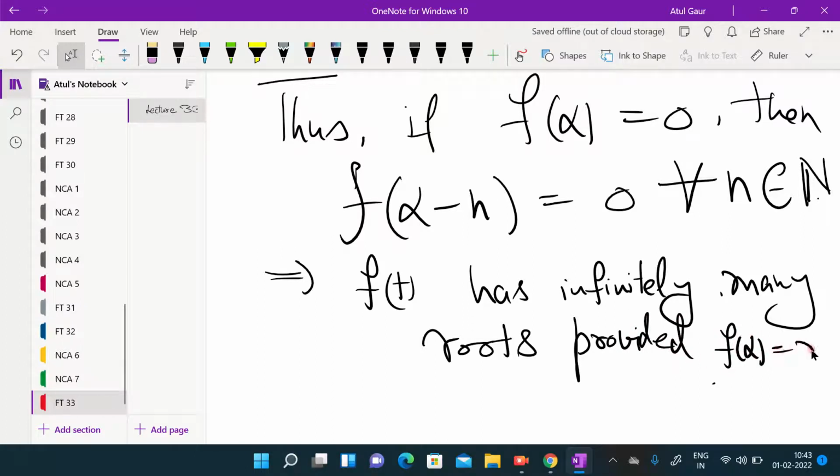f alpha is 0 for some alpha. Is that fine? तो कंट्राडिक्शन नहीं हुआ. Basically it's not a contradiction. ये इन्फिनिटली मैनी रूट्स तब हैं जबकि ये जो f alpha अगर कोई जीरो आपको कोई एक रूट मिलेगा तब फिर इन्फिनिटली मैनी मिलेंगे. तो आई थिंक आई शुड राइट इन दिस वे, provided ft has one root.